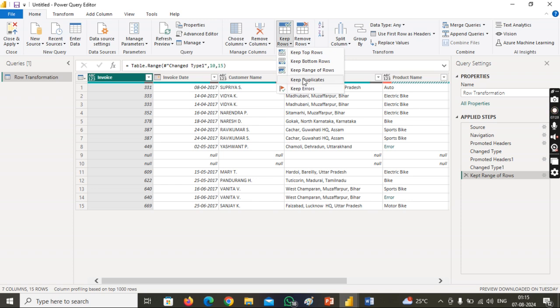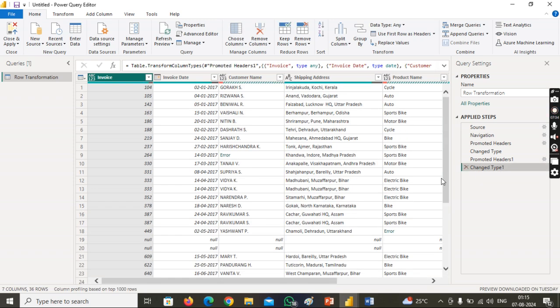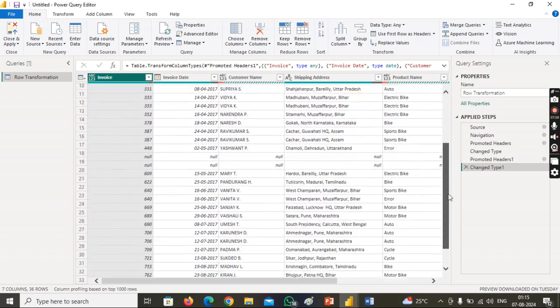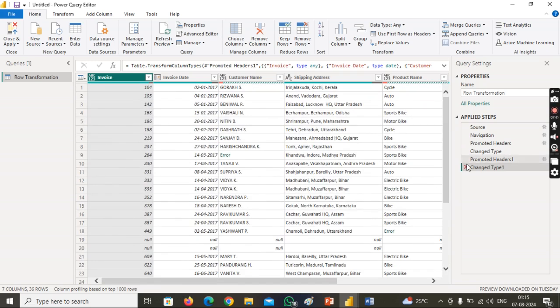Okay, keep duplicates. I wanted to check whether this table contains duplicate values or not. If this table has duplicate values, only then will that option work. I think this table doesn't have duplicate values. To use that option, I wanted to load another table into Power Query from the recent sources,